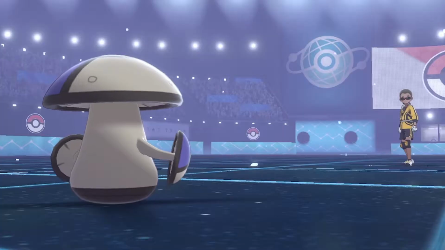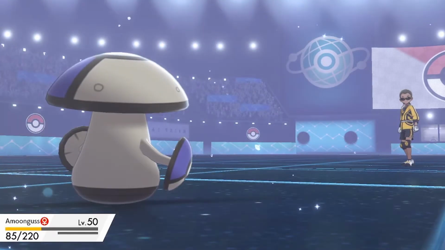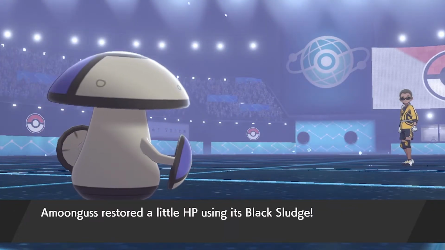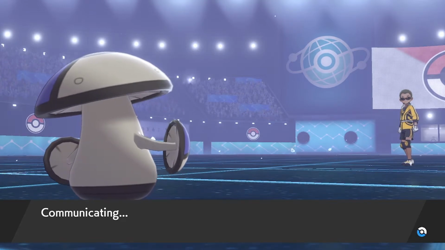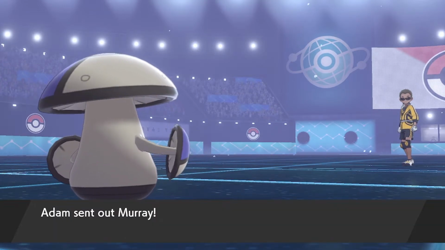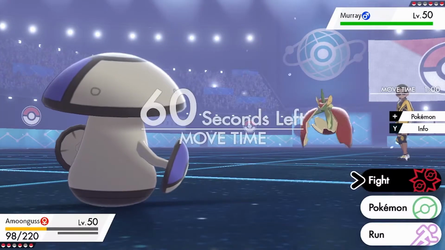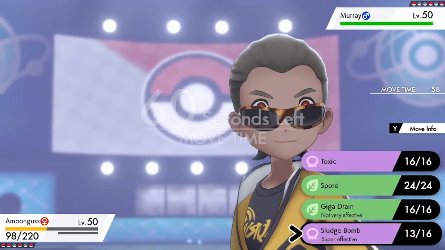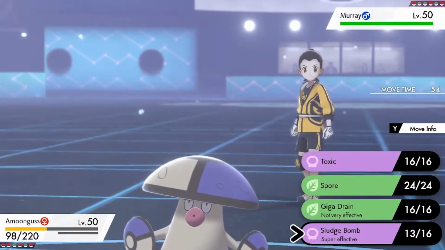The biggest 2 threats on his team are gone now, the Linoon and the Ninetales. And the Dragapult as well. So his only option here is to bring in, I believe it's the Braviary. Oh no, it's the Flapple. Okay, this was a little difficult too. So I wanted to,